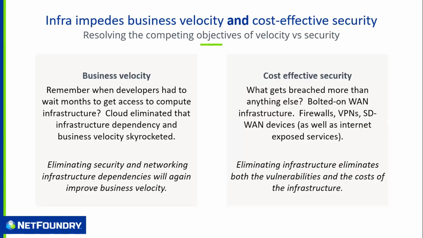When we remove the infrastructure, we can move faster because we don't have to deploy your traditional networking and security things like VPNs and Bastion servers. But fundamentally, we also eliminate the vulnerabilities that come with those types of infrastructure. And the velocity part is very well demonstrated from moving to the cloud in the first place. When you move to the cloud, you increase the velocity because you no longer have to worry about the data center and building those physical components.